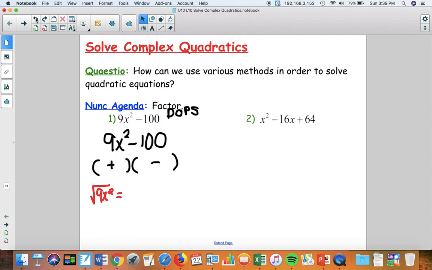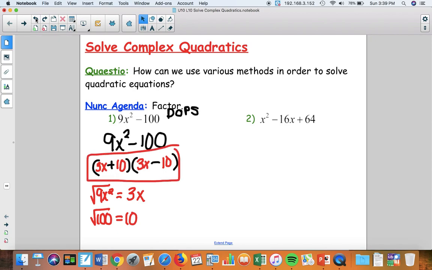So the square root of 9x squared is 3x. So that goes in the front of both parentheses. Then we also have to take the square root of 100, which is 10, and 10 goes at the end of the parentheses. And this is done. Next we have x squared